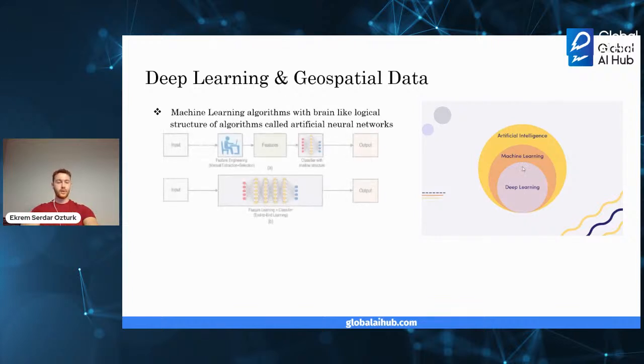The difference between deep learning and ML: machine learning means computers learning from data using algorithms to perform a task without being explicitly programmed. But deep learning uses a complex structure of algorithms modeled on the human brain, like neurons. This enables the processing of unstructured data such as documents, images, and text.